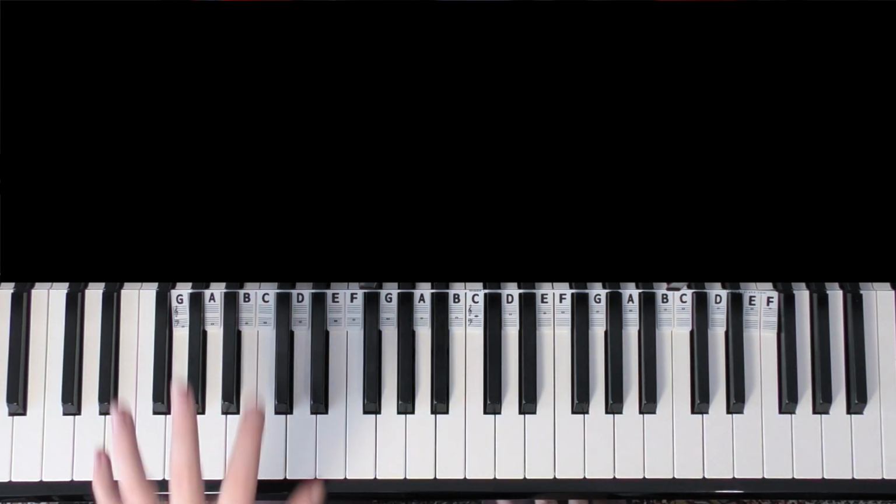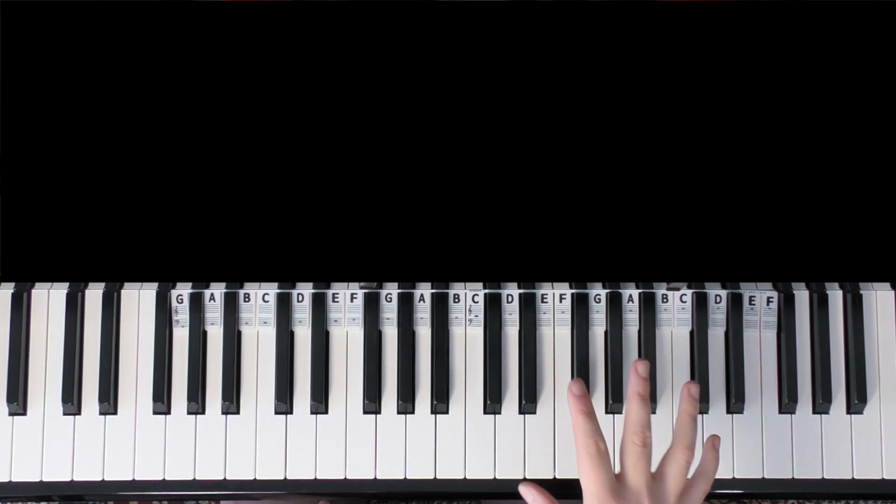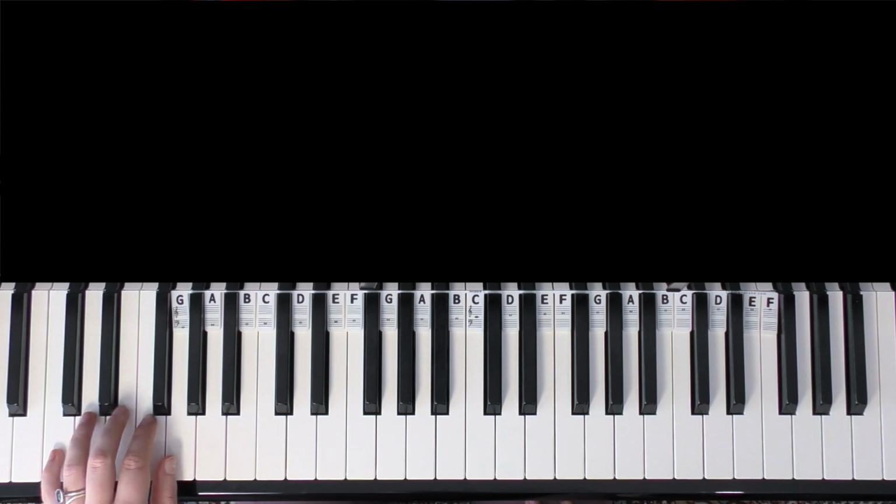So we're going to do something very set in the left hand, and then the improvisation bit is I'm going to give you a nice blues scale to have a play around with in your right hand. We'll go over the left hand first. So we're going to be doing this very straightforward blues